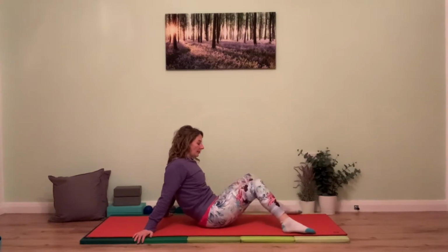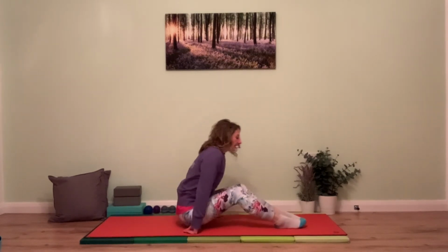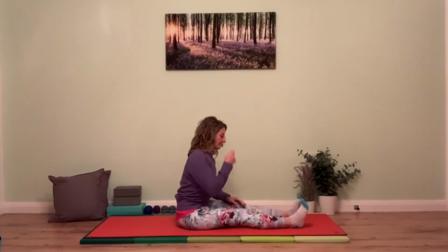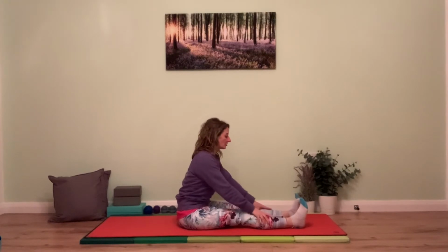Okay, and then evening up, coming back into center. So let the legs lengthen out. We're going to come into the hamstrings on the back of the leg. So lengthening the legs out. And with this, I want you to work hard with the postural muscles to keep you tall. So as we're drawing forwards, you should feel like the back muscles are working into this as you hinge it